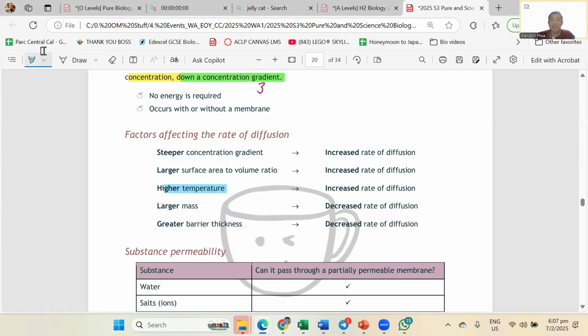Right? Now, if I fart a loud fart, very long, a 5-second fart, wow, there are so many particles there, there will be a larger concentration gradient. Lower where you are, a steeper concentration gradient. Okay? Then, a large surface area to volume ratio. This one, you really know from the absorption of my root hair cell, blood cell, okay, as well as my microvilli. If there's a larger surface area to volume ratio, it increases the speed of diffusion. But you don't need to remember so many. Remember the temperature one, okay, and the concentration gradient one. One to two to write in your answer is more than enough.